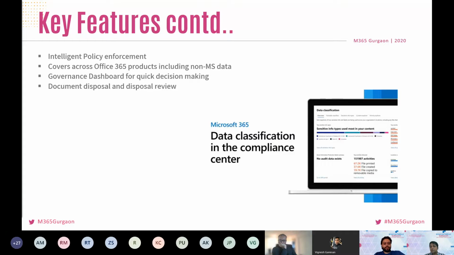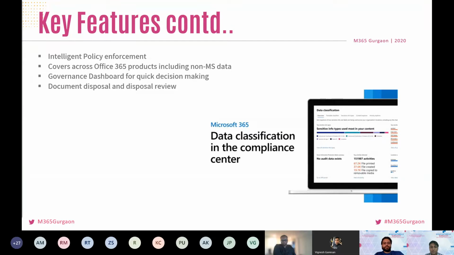Generally, the data governance team, or the data governance officer, is different from the usual business process of the organization. So he cannot have the information about all the site collections and all the teams in the tenant. So this dashboard helps him by providing a summary of the content. He gets to know what is happening, whatever information he needs to know. The dashboard provides that information in a brief manner, and based on that, the data governance officer or the legal team can take quick decisions.